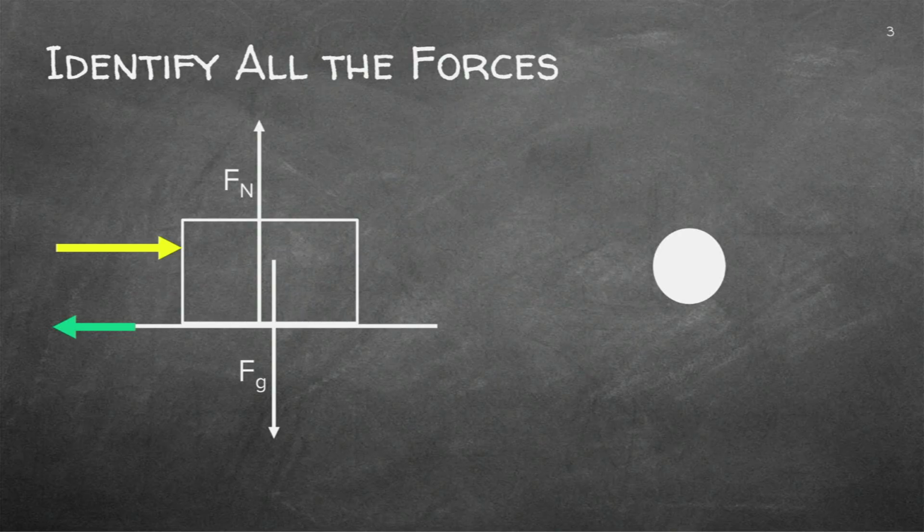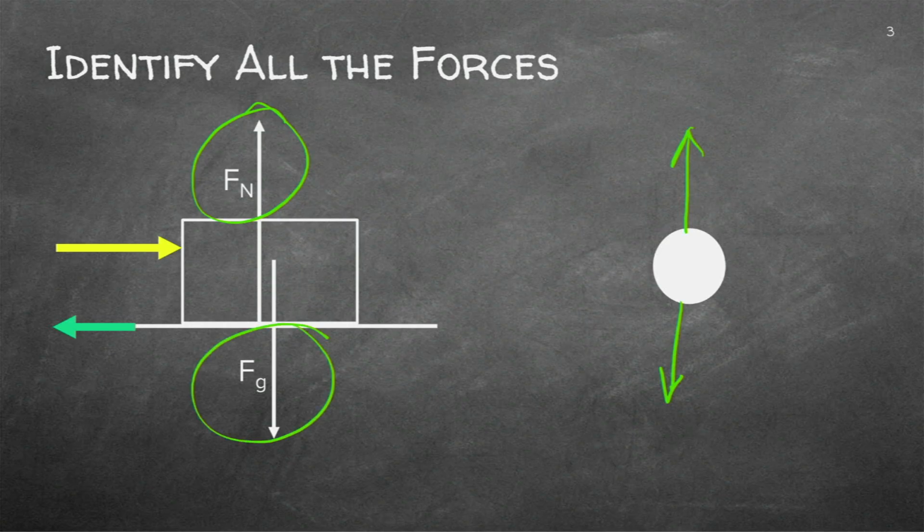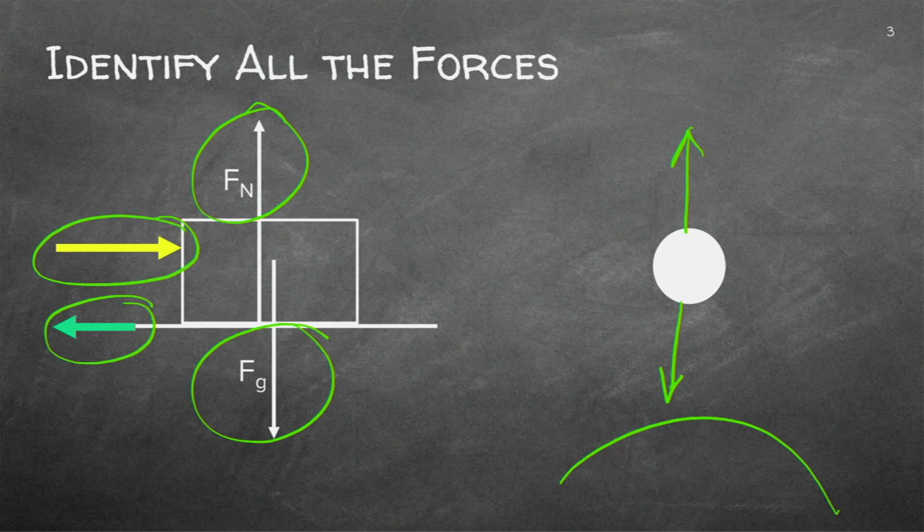Identify all the forces. I usually go and draw my own free body diagram. If they don't ask you to do that, make sure that you do that for every object that they are giving you. Remember, you've got a normal force if there's a surface. You've got gravity. If it's on any planet, there'll be gravity, so that force will always be there. And then make sure if you've got applied or frictional forces that you've got them in the correct direction. So let's have a look at a slope.